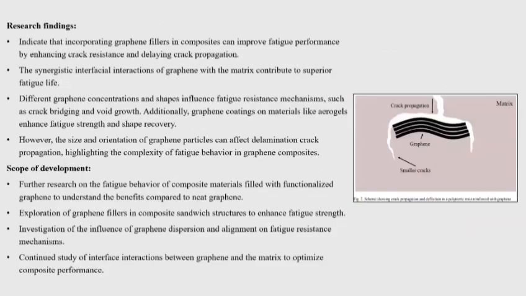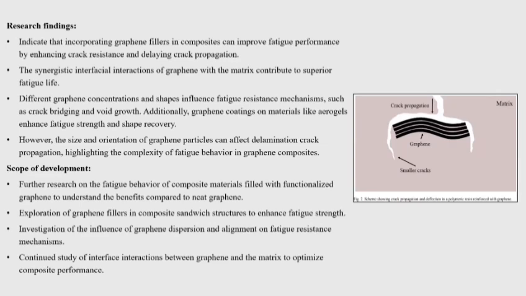And coming on to the research findings, these indicate that graphene fillers in composites can improve fatigue performance by enhancing the crack resistance and delaying crack propagation. Different graphene concentration and shape influence fatigue resistance mechanisms, such as crack bridging and void growth. Additionally, graphene coatings on materials like aerogels enhance fatigue strength and shape recovery. However, the size and orientation of graphene particles can affect the crack propagation, highlighting the complexity of fatigue behavior in